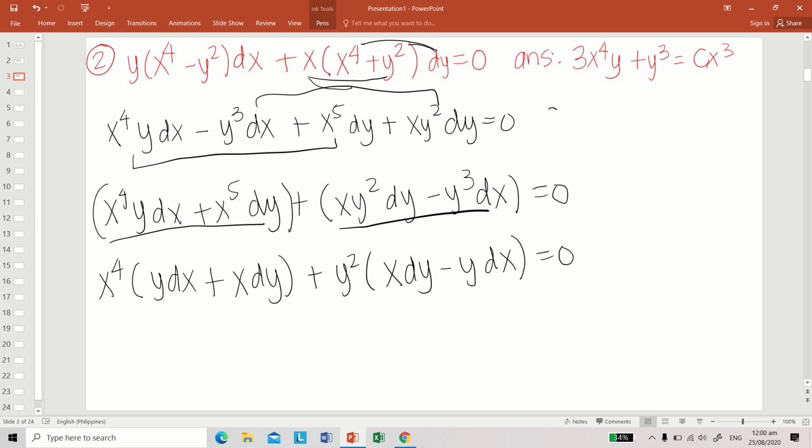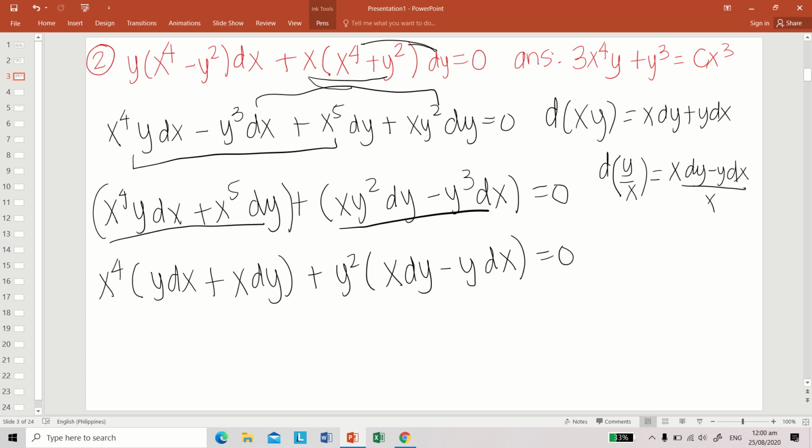We know that the differential of xy is equivalent to x dy plus y dx. And also, we know that the differential of y over x is equal to x dy minus y dx all over x squared. So, dividing both sides of the equation by x squared, and also this one, so we're going to have,